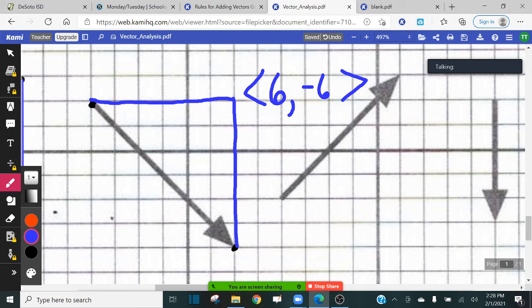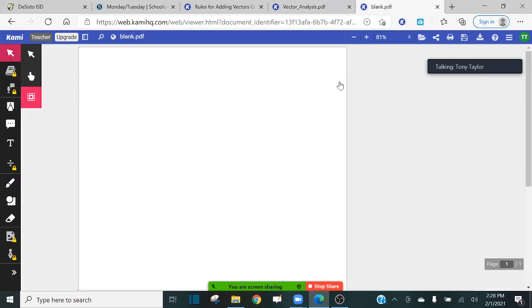Okay. All right. Now, the last thing that I want to talk about before we end the day. You guys in here already know how to find the magnitude of a vector if I give you the x and y components. But guys, suppose I go backwards. Suppose I give you a vector and I give you its magnitude and I ask you to find the x and y components. What would you do there? So, for instance, guys,